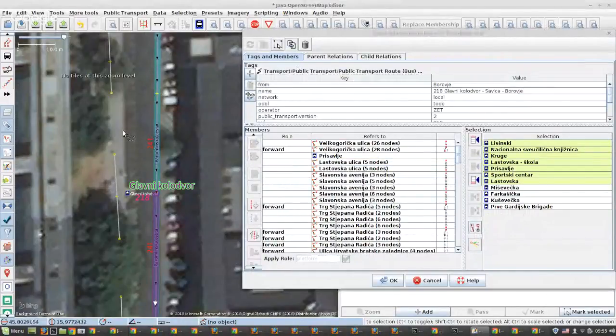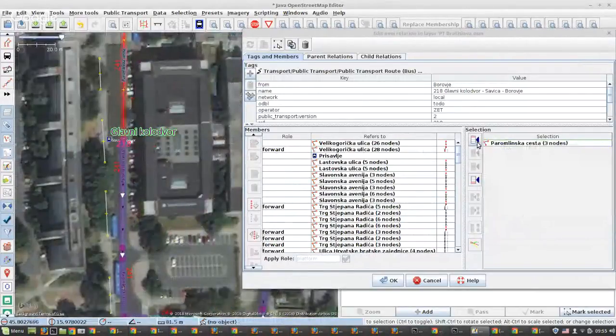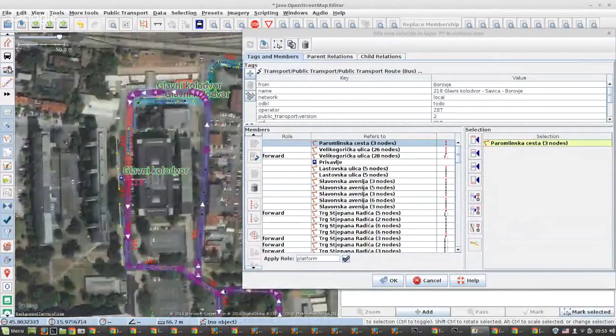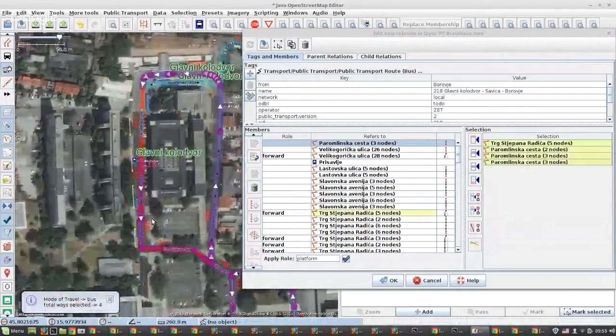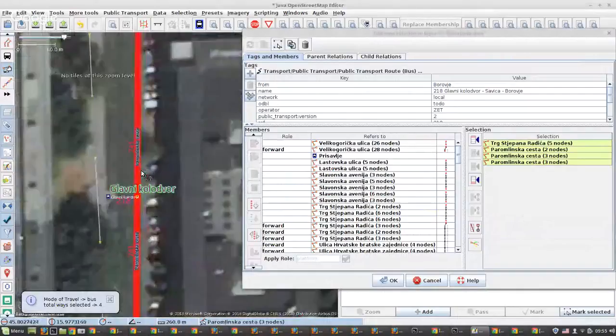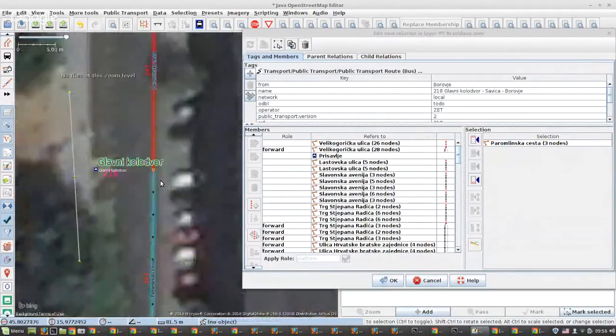Good. Then in this relation, I'm going to need this way. I'm not going to need that way, so I'm going to use the edge selection map mode again. Let's see what that does. I can remove all these ways that were in that selection. It removed one too many. Actually, if that would have been a stop position node, it wouldn't have gone beyond it. So that is what I use the stop position nodes for,